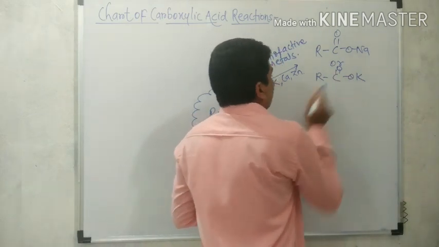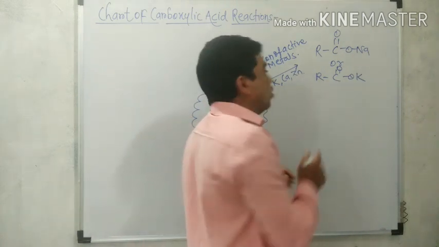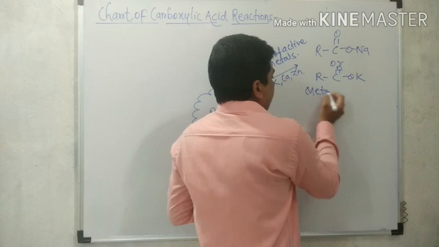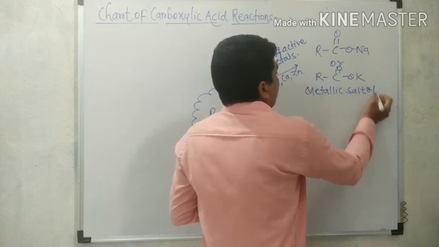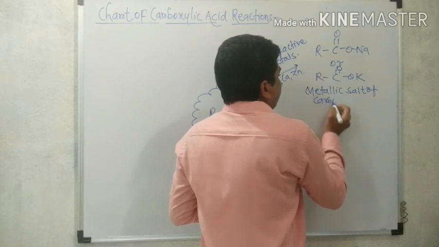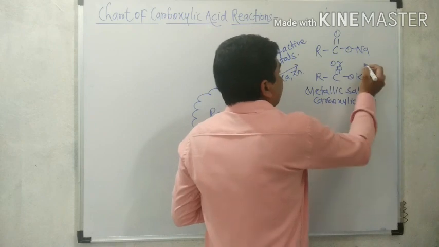In short, we can say that it is a metallic salt of carboxylic acid. Generally, the metallic salt of that carboxylic acid is obtained as the product in the reaction, and